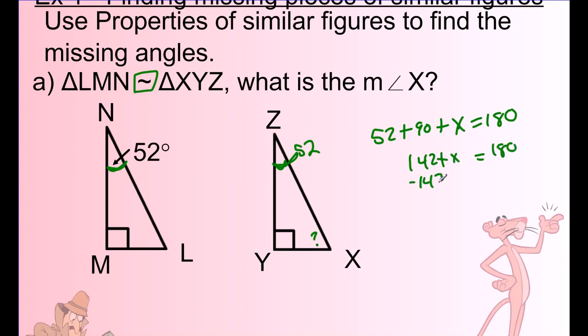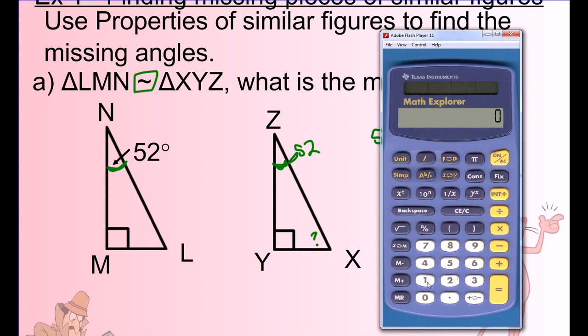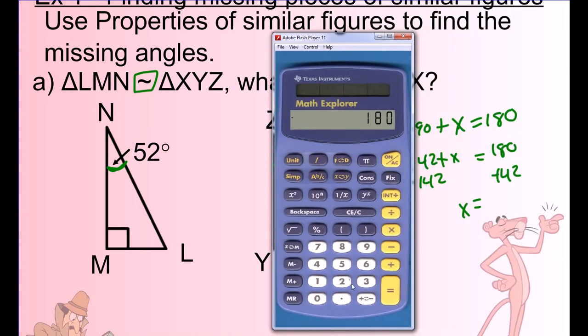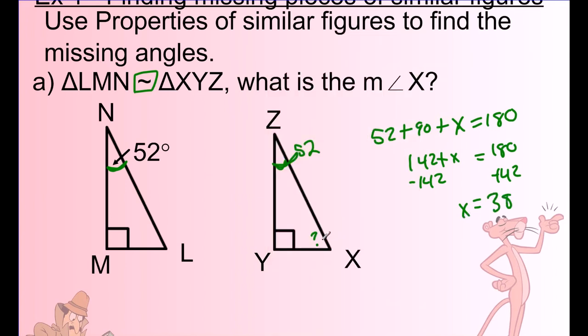And if I subtract 142 from both sides, x should give me 38. 180 minus, what was the number? 142. 38. So this angle X was 38 degrees,